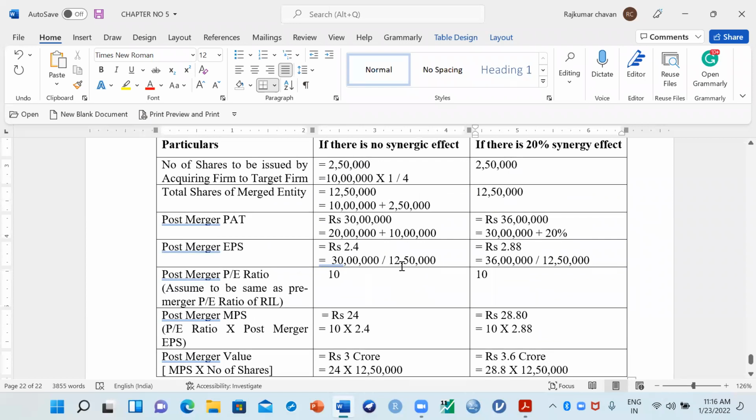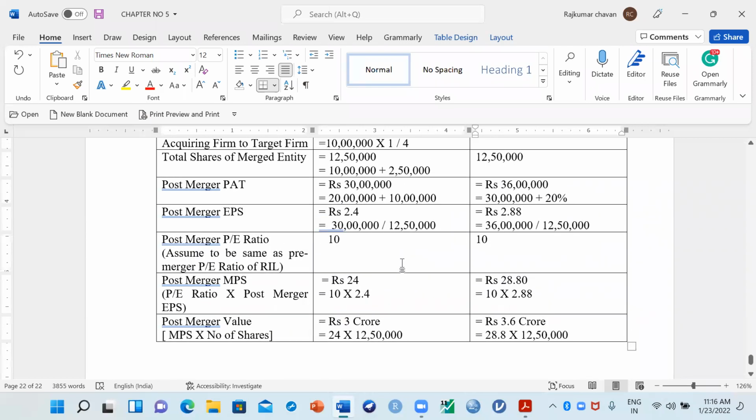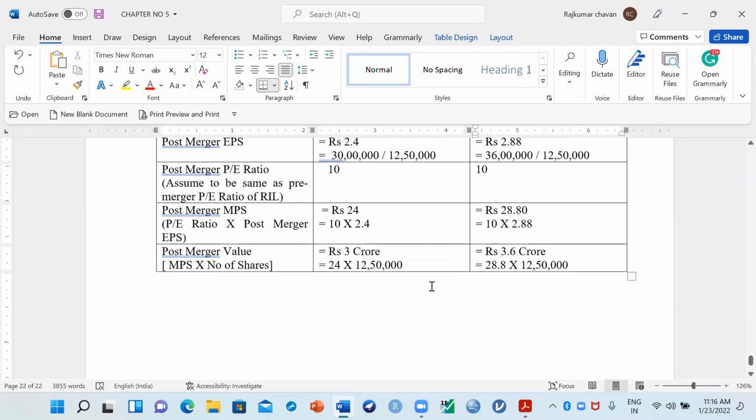Imagine, because of the synergic effect, RIL company's market value is also increasing, market price is also increasing, and earning per share is also increasing. See the impact of the synergic effect over here. So the total market value of both the companies is automatically increasing over here. In a small line,